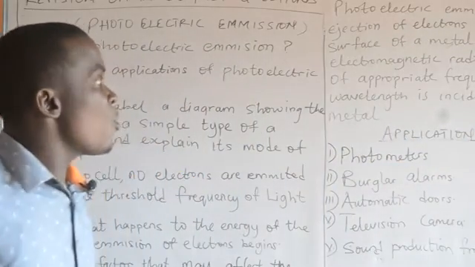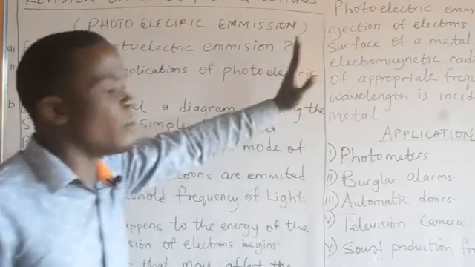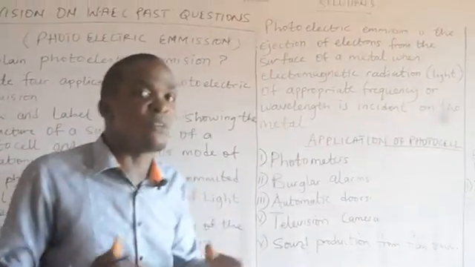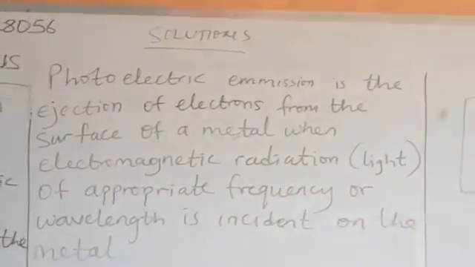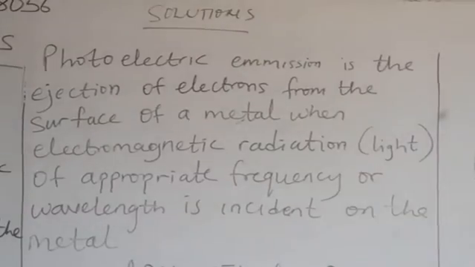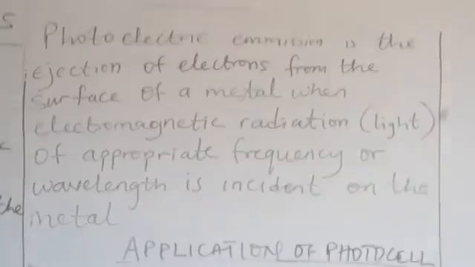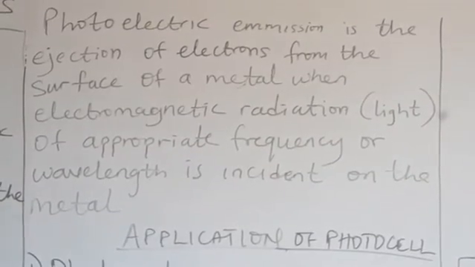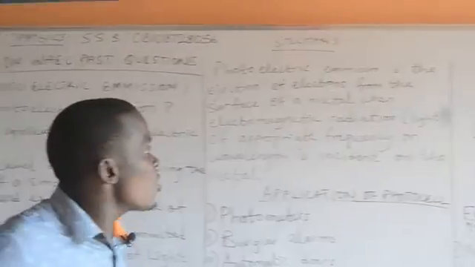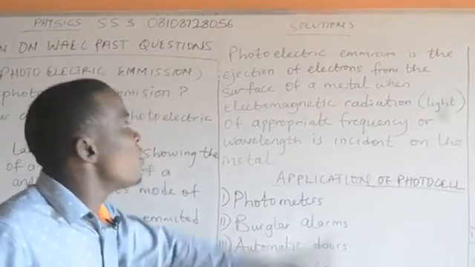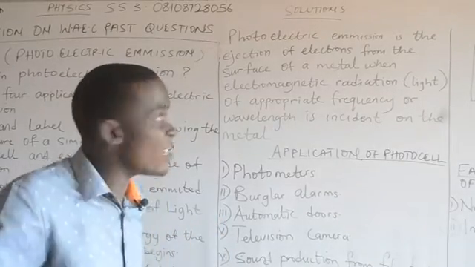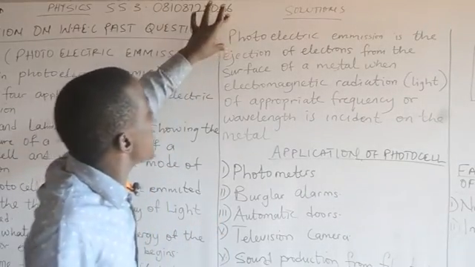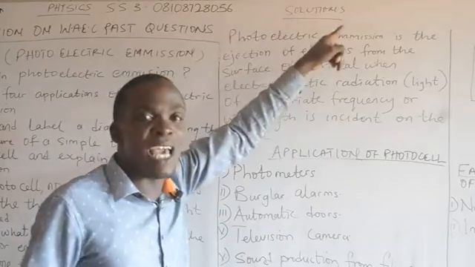Now, quickly, we have to put this on the board, because most of the time during the process of definition, one way or the other, we might miss out some terms. We just have to put it down so that we know the most important aspects of this definition and do not make mistakes. Somebody who may not have an idea of the proper definition, maybe because they did not have the opportunity to study it in their textbook, will be able to say that this is light, electrons, and what? Emission.